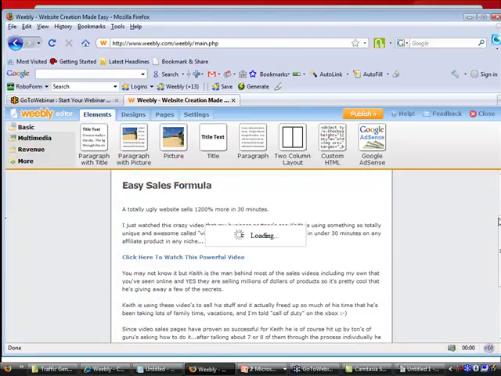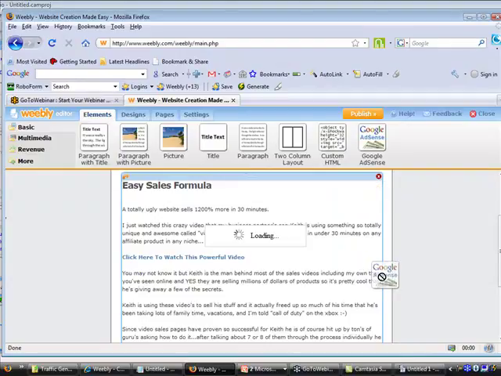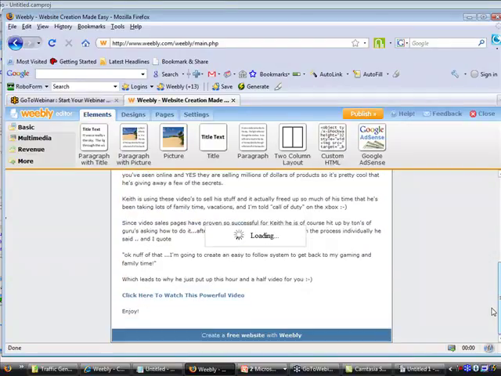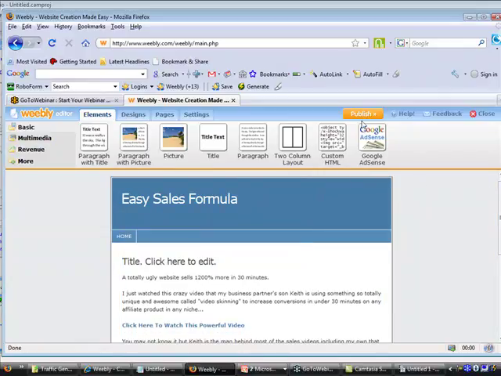Now, if you want to add in things like Google AdSense to your Weebly page, you could do that by dragging this down onto your Weebly site, and really anything you drag will start showing up there within this area. And so when you're done with creating your Weebly site,